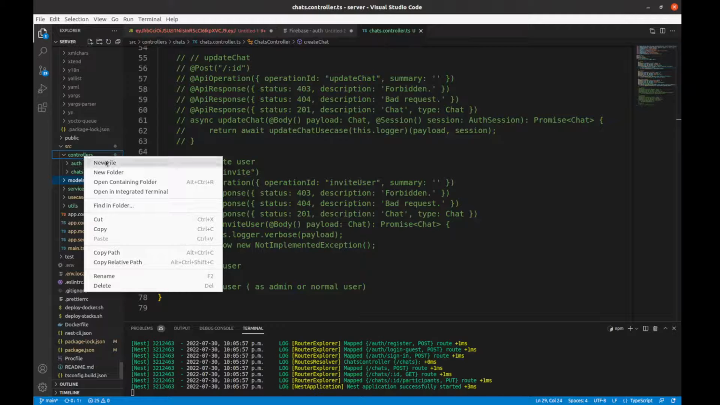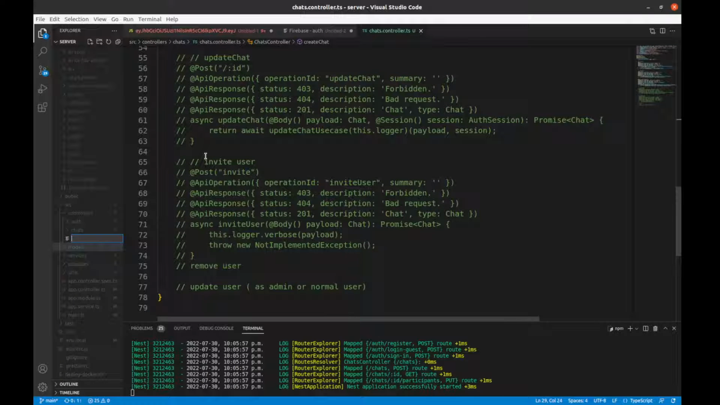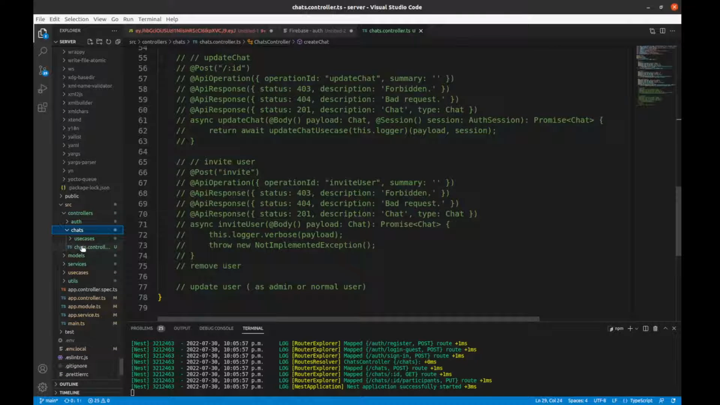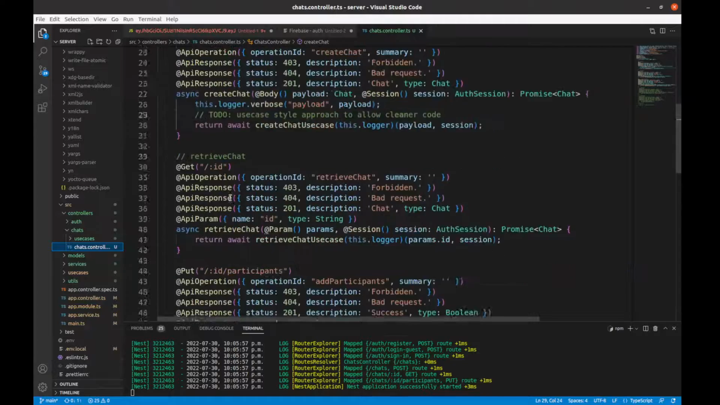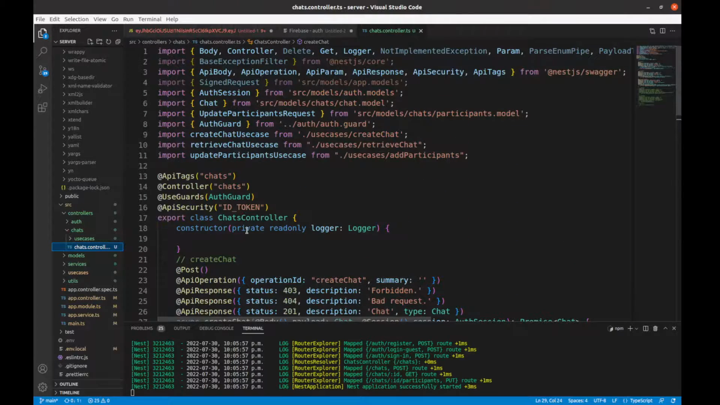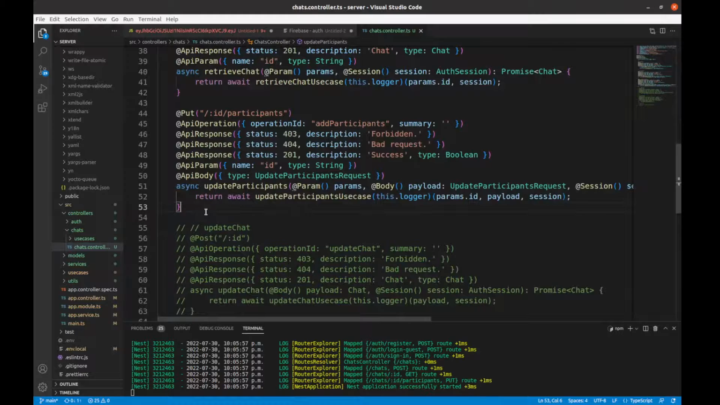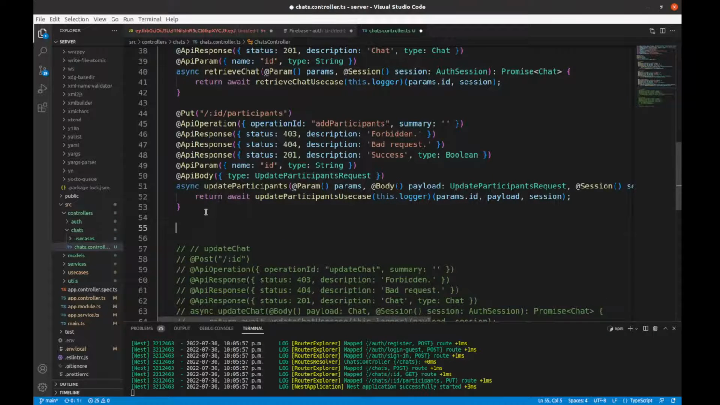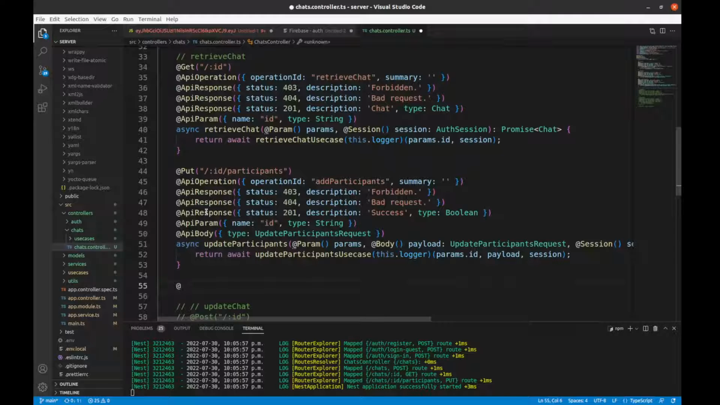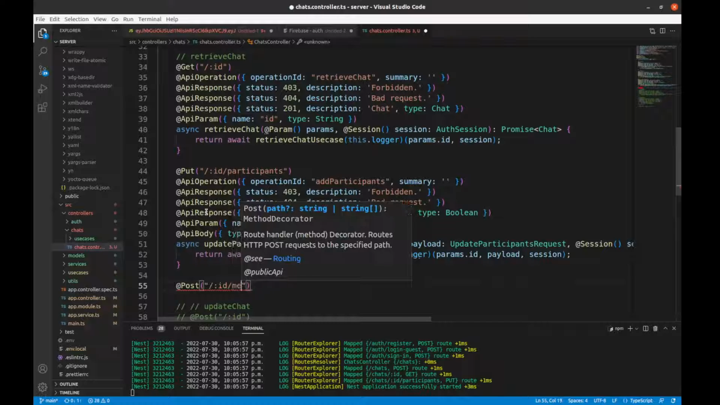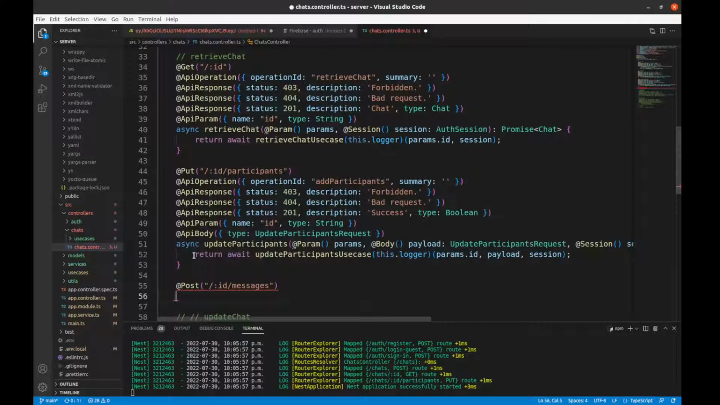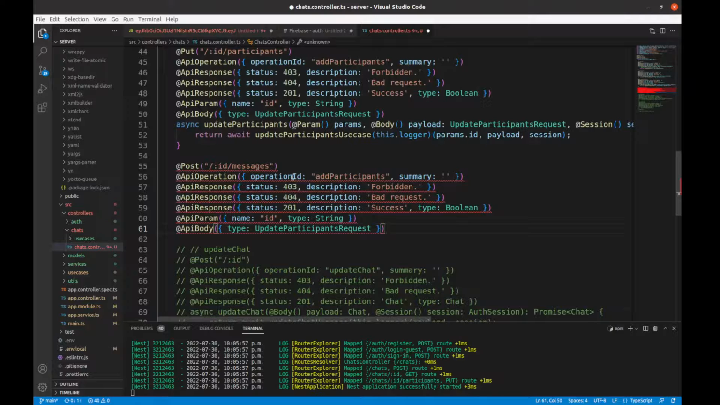So in the controllers, let's just create a brand new controller, messages. Actually, I don't mind putting this in the actual chat controller as well. So we might just say, put. So you want to post a brand new message to a chat, you can just say chat ID messages, and that's basically going to create a message. So let's just, in the interest of time, copy over all of these, and then we can change the